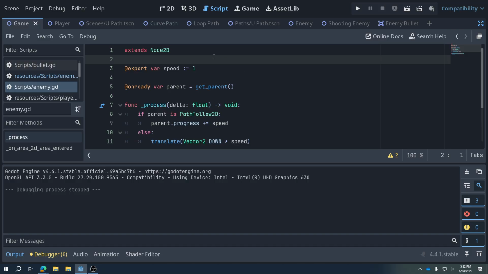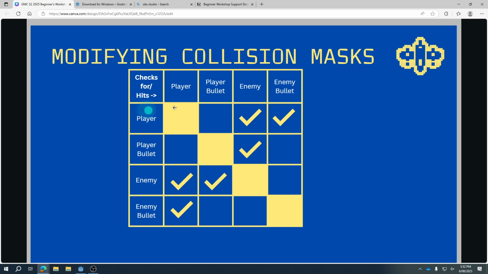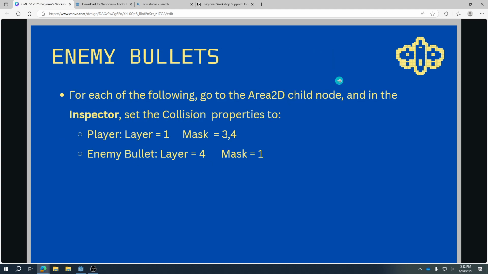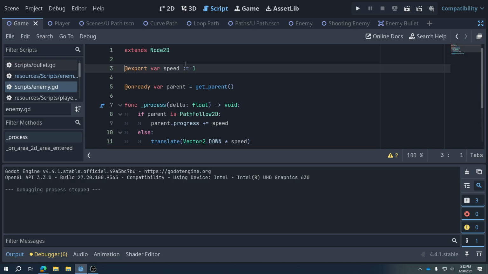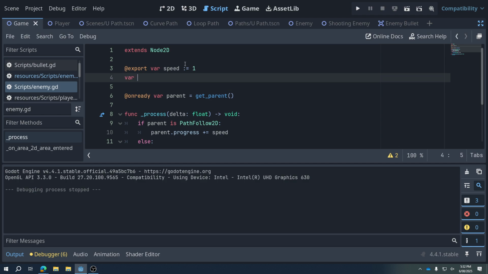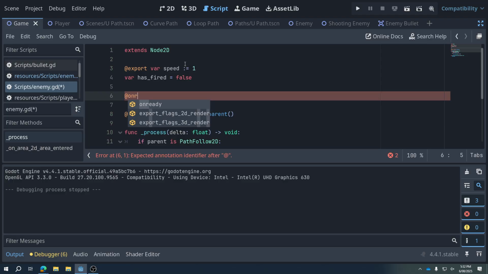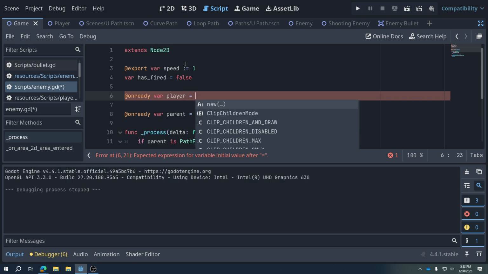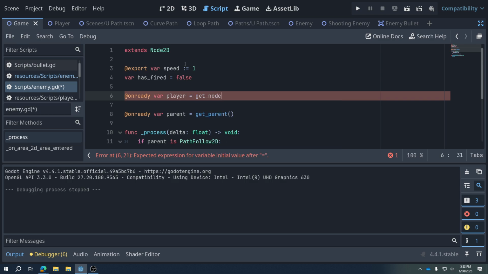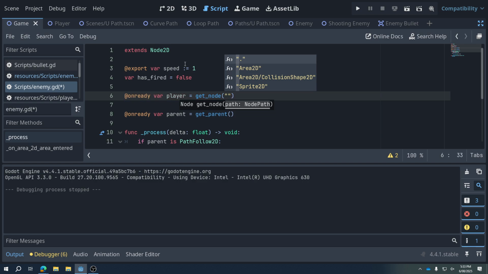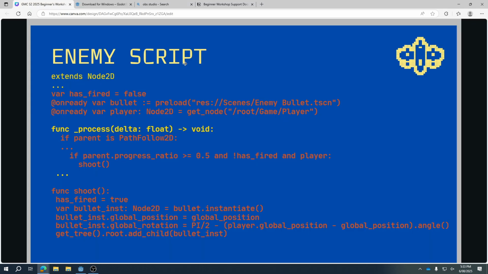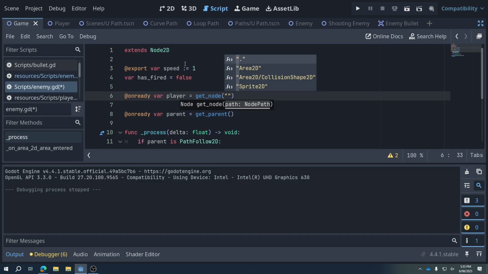Alright, so there is a lot here and I will just type it along with you guys. Okay, so var has_fired equals false. On ready var player is equal to get_node, and then we'll just copy this exactly. Get_node slash root slash game